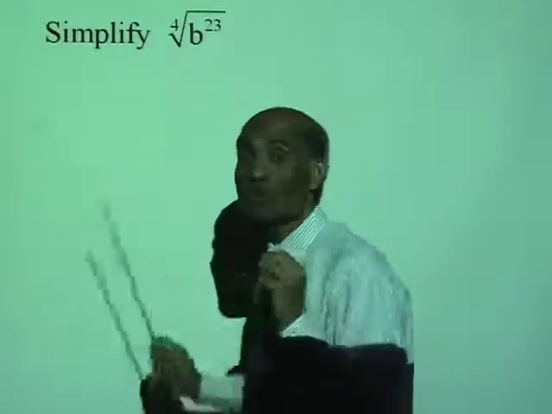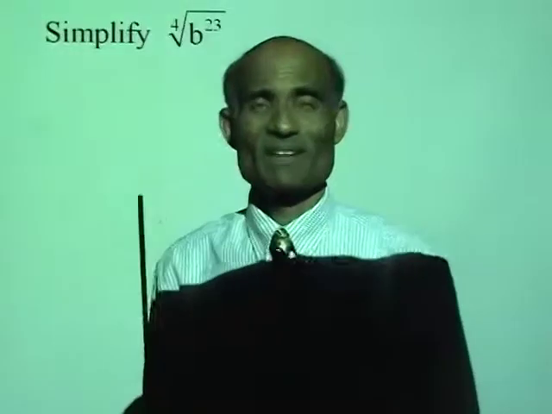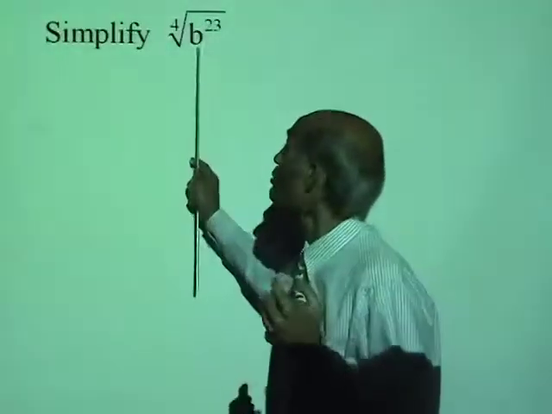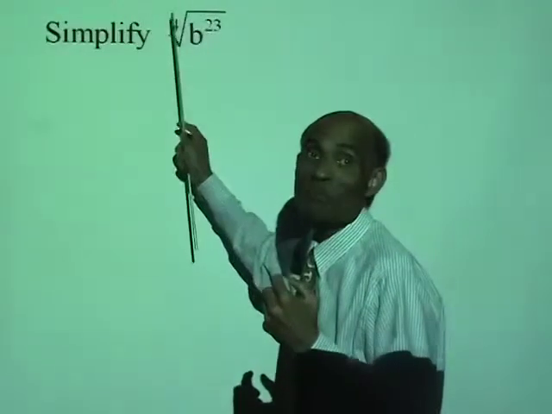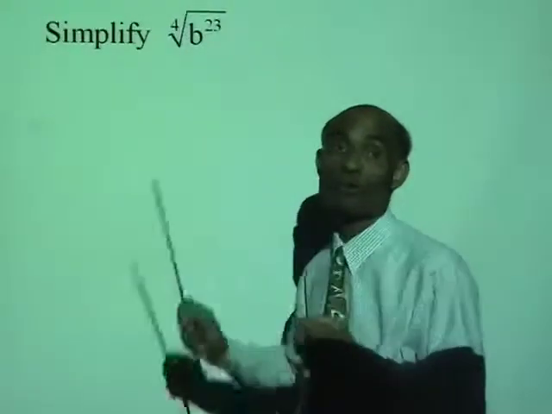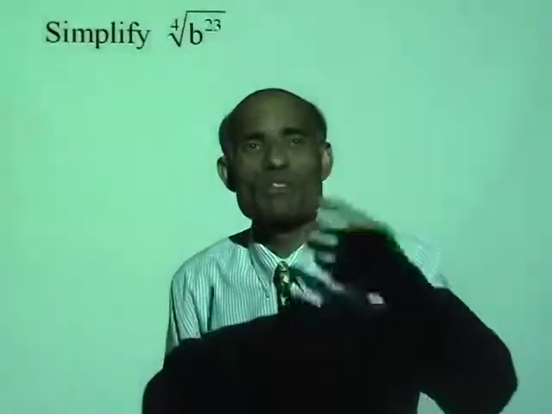Therefore, we are looking for perfect 4th power. A perfect 4th power will have an exponent which can be divided by 4. Now, can you give me some exponents? See, for example,